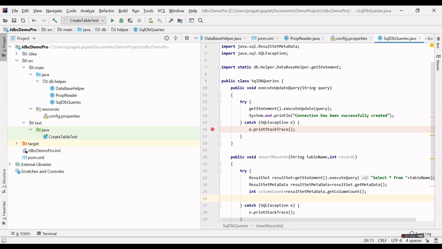Now I will create a for loop to insert the number of records given by the user.